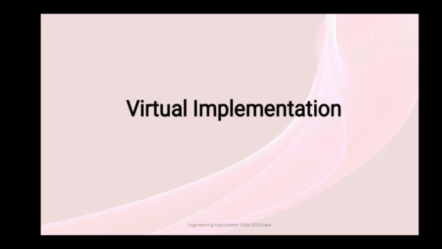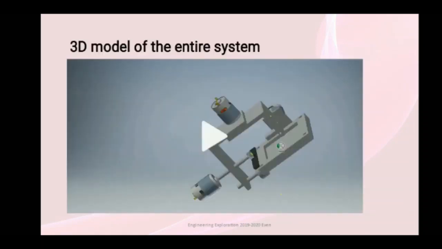So, now I am going to explain to you about the virtual implementation phase related to our course project, that is CaramBot. Firstly, our course project has been divided into 3 subsystems mainly, that is movement unit, rotating unit and a striking unit. Now we can see that our entire 3D model consists of 3 subsystems. Here each subsystem is combined with the others to form the entire system.